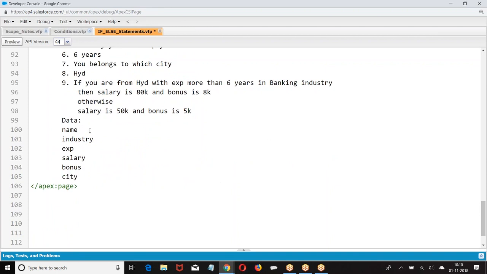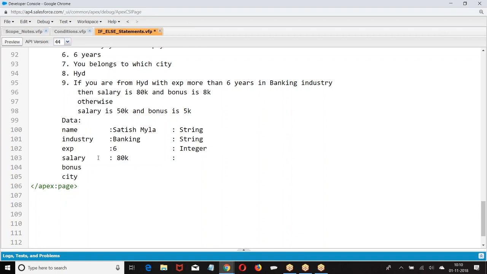So what is the format of the variable? Industry I told, banking, experience, salary I told 80k, 50k.